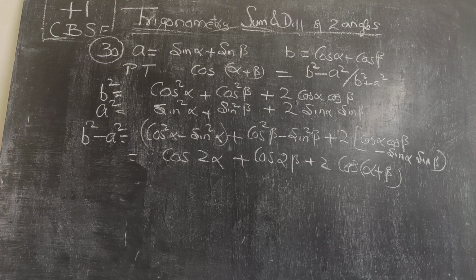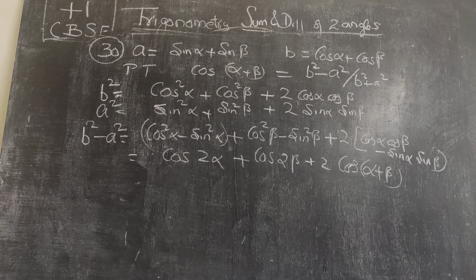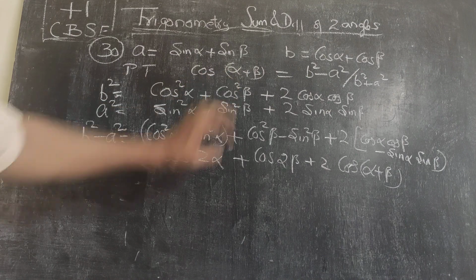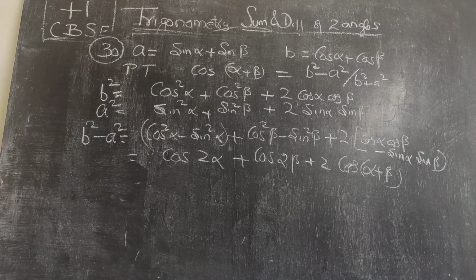Is it okay? So, b square minus a square part I have done: cos 2 alpha plus cos 2 beta plus 2 times of cos of alpha plus beta. But when I am looking at the problem that I have to prove, cos alpha plus beta I must get it. If I am taking b square plus a square, what do I have? I will be getting 2, 1 plus 1, because this becomes 1, then this becomes 1, 1 plus 1 is 2, and that will become 2 times of this. That is 2 times of cos alpha minus beta we will be getting. Again I have to go for some simplification. Instead of that, I am using another formula for this.